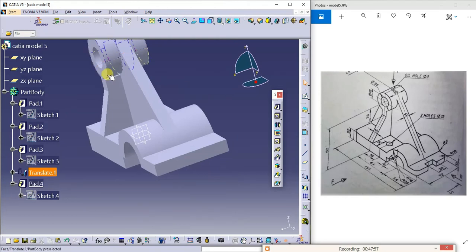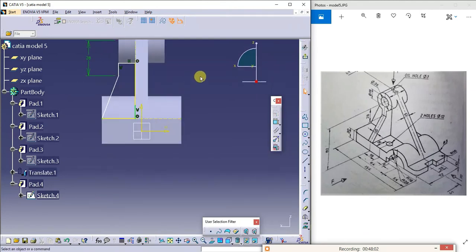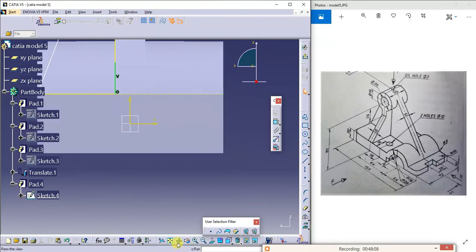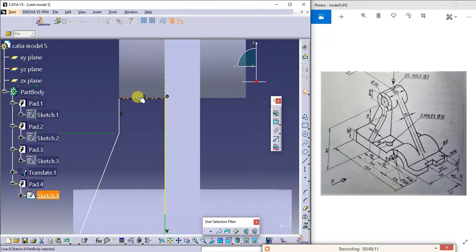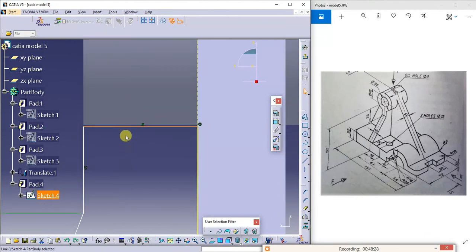There is a some gap here. What I do, I'll try to edit this. See here, I'll zoom this a little bit. See here, why it is happened? There is a small gap here. See here, once again you zoom it a little bit more. See here, because of this gap, it has happened like that. So what I do, I'll delete this. I'll delete this also.